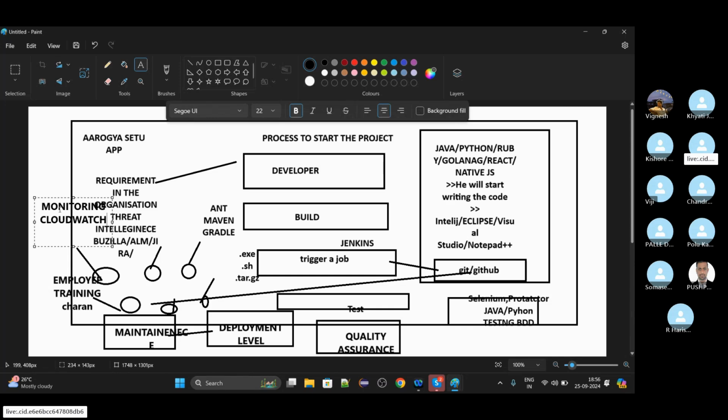It is that vast that the more you go into detail, the more new things you will find. And one more thing which is quite interesting: many of you have reached out to me in person about the package question. See, this question depends on multiple criteria. The reason I discuss this point is that many of you have texted me asking what the package will be in this area.